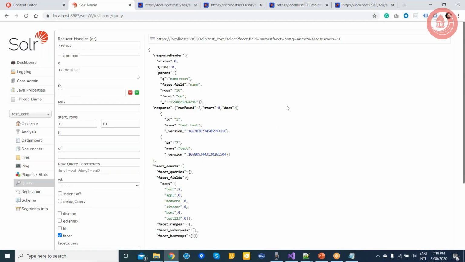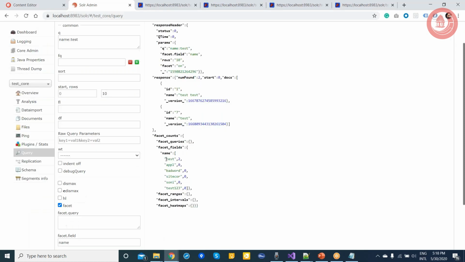Not sure, there are a few options like a chain processor that you can use. For example, we have the facets count here, right? So that will be my object, and I have a collection of objects inside that.